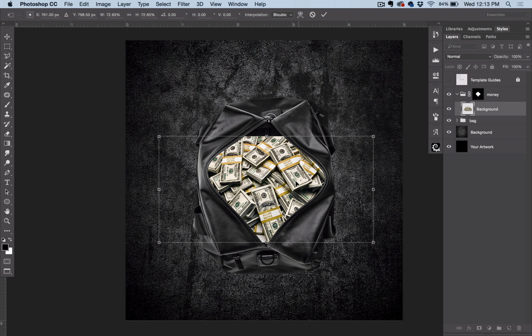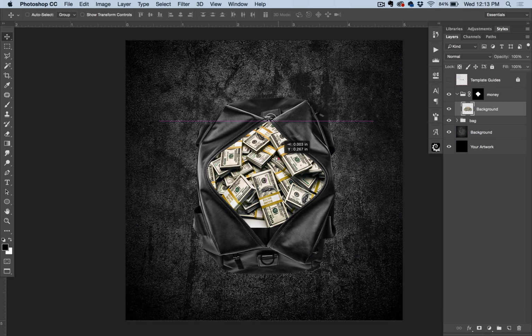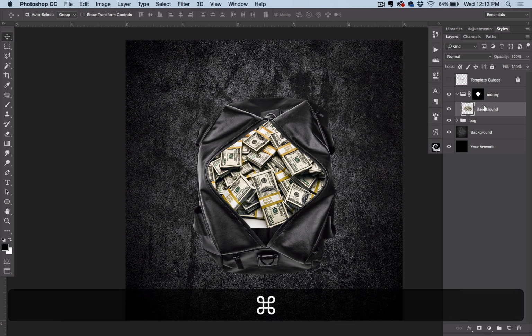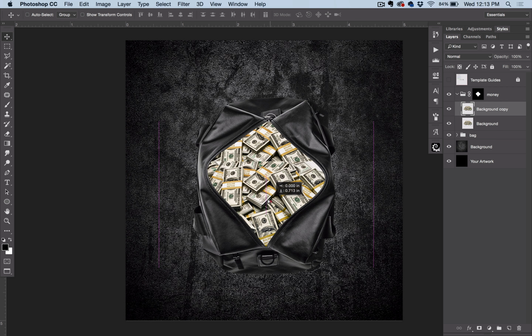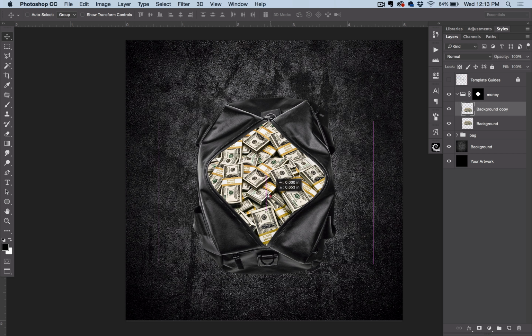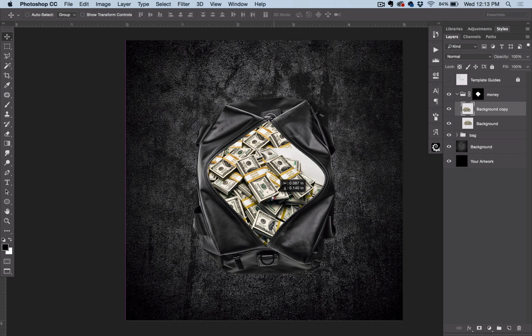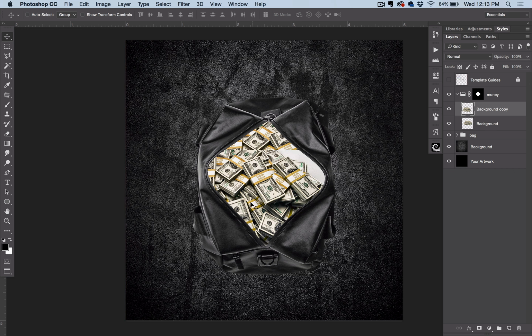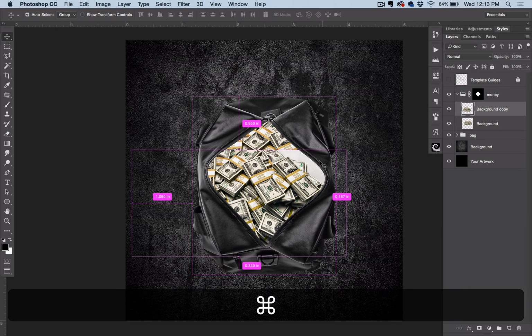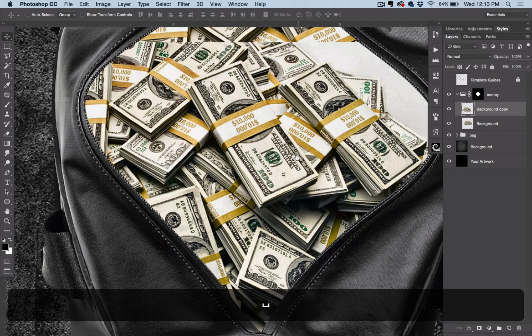So probably right there. Hit enter, bring this up. You can see there's none right here. All you have to do is make a copy, Command J. Bring this down. Maybe use this part. So you can see right now it's all kind of overlapping, you can tell. So the easiest way to fix that,